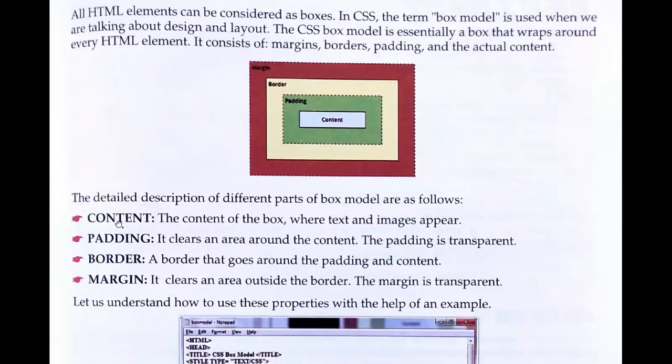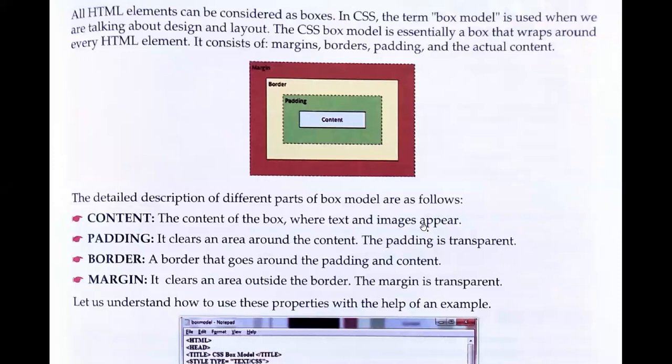First we'll focus on the content. The content can be text, a picture, a hyperlink, anything. It is the content of the box where the text and images appear. Padding clears an area around the content. That means we can adjust how much space my content takes.